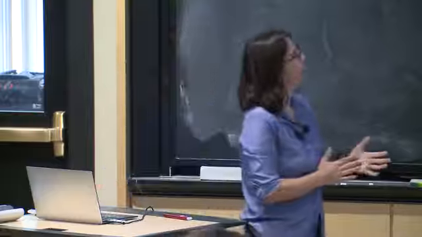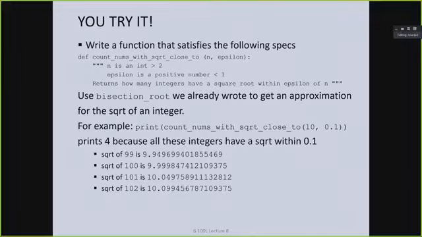So what I would like you to do, and this is going to be a little bit involved code, it'll require some thinking, is to write a function called count the numbers with the square root close to n plus or minus epsilon. And I'll help you out by drawing something on the board, but I would like you to do the code for it. So the idea here is that you have some n that's given as an input, and you have an epsilon that's also given as an input. What you'd like to find out is how many whole numbers have their square root within plus or minus epsilon